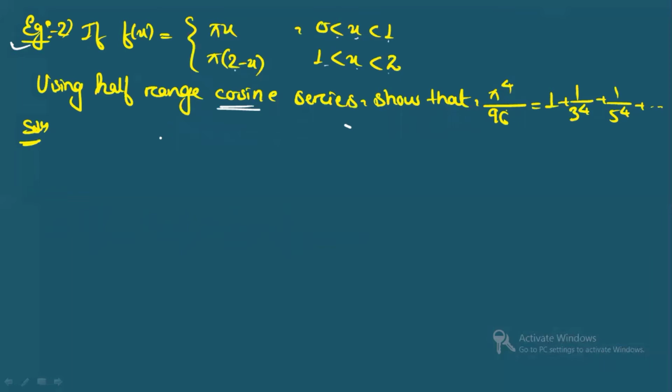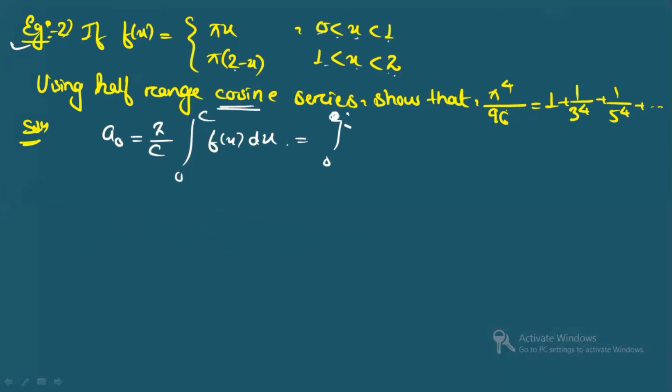So cosine, that means you will have to find the value of a naught and an, right? So a naught is equal to what? If you have seen the half range cosine series formula, it was 2 by pi, but you can take it 2 by c. I'm taking here 2 by c, the general form. So it is 0 to c f(x) dx. All right, c will be here 2. So you can see here 2 by 2 will give you 1, because c equals 2, and this is 0 to 2. Okay, this will be the entire limit from 0 to 2.